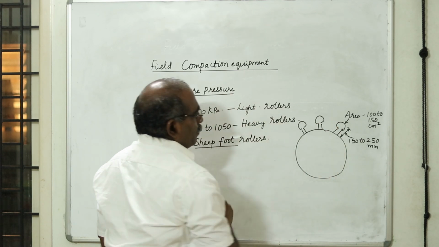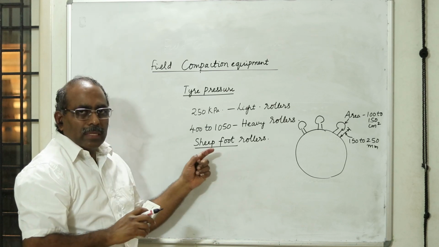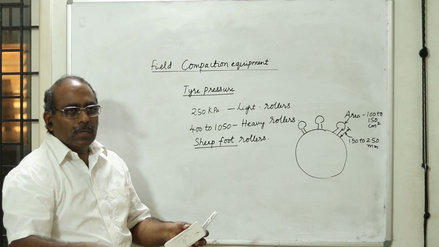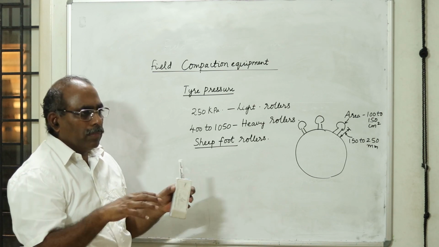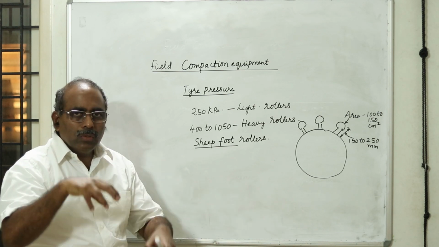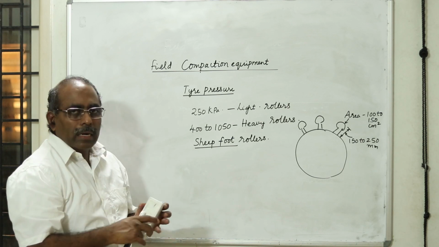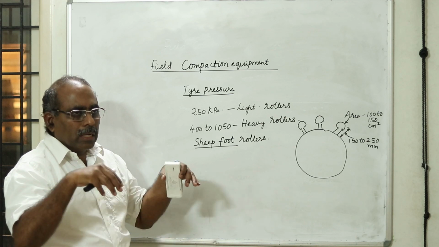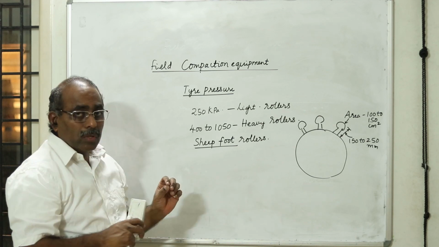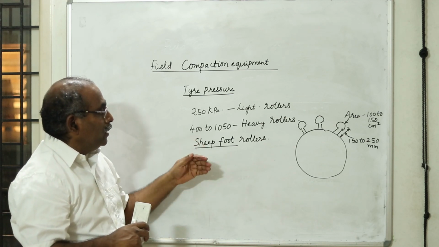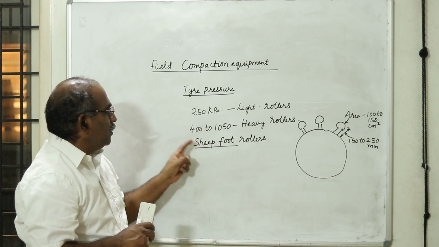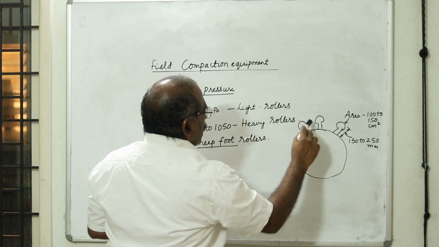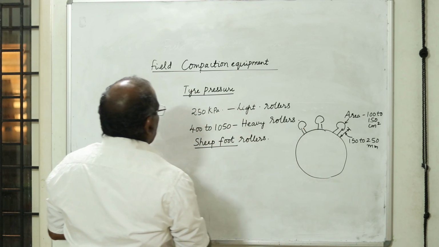Now how did this concept come? In earlier days when the compaction was to be done, they used to allow a flock of sheep to come into the area which is to be compacted. They used to stamp there, and when they are walking, they create an impression and compress the soil. In clay soils, it is very difficult to roll it. Therefore, we try to use the sheep foot roller for compacting. Because of the projections, it is called a sheep foot roller.